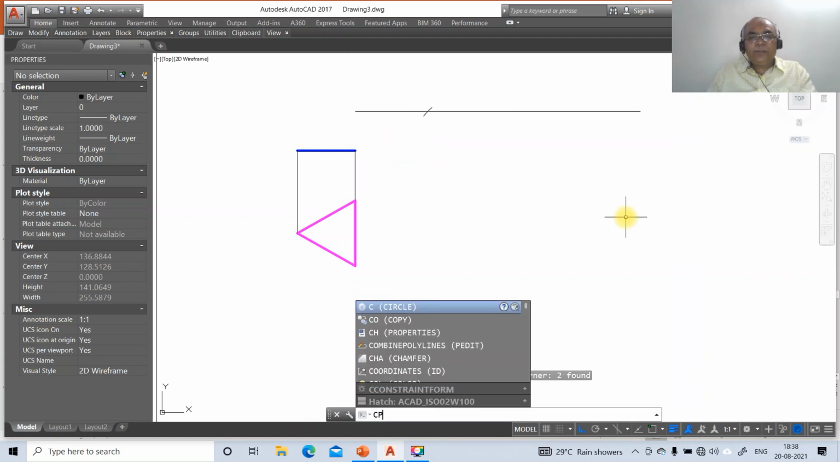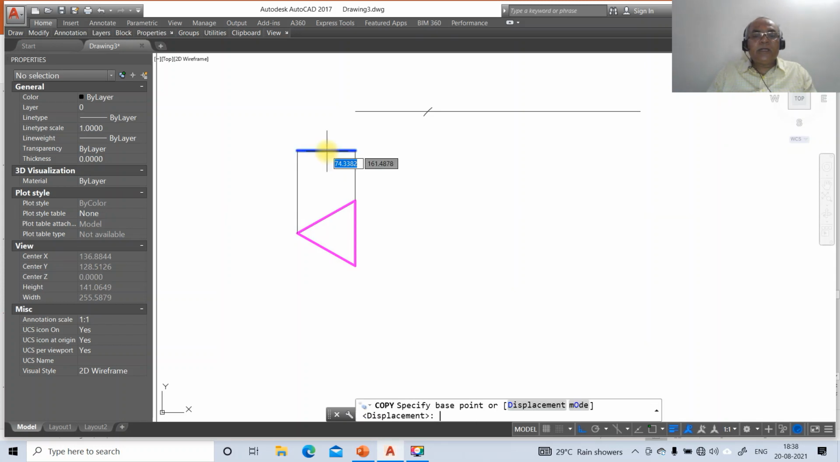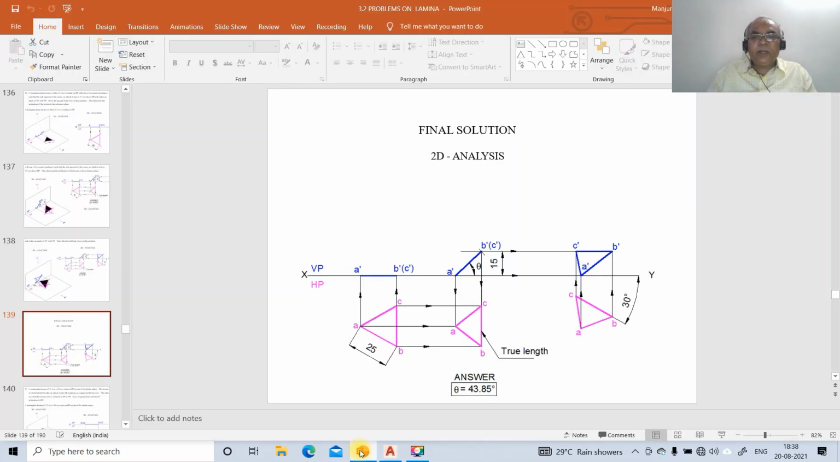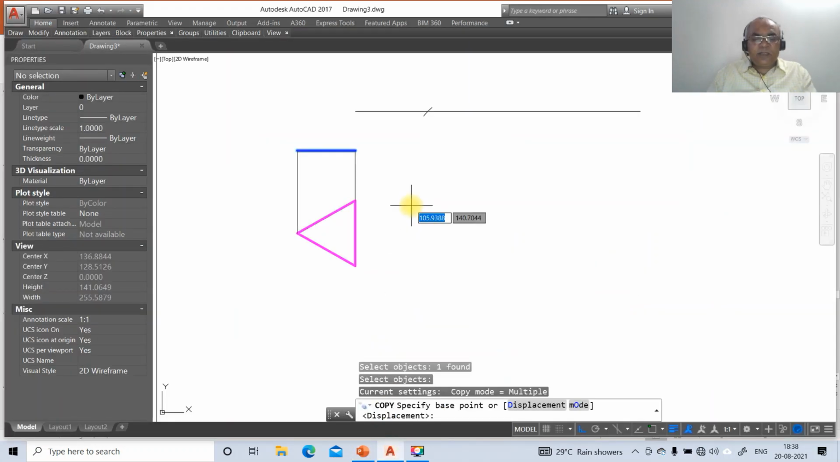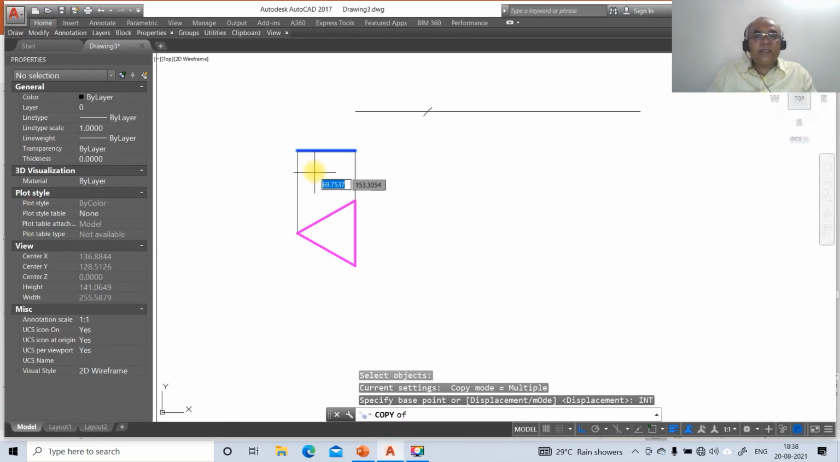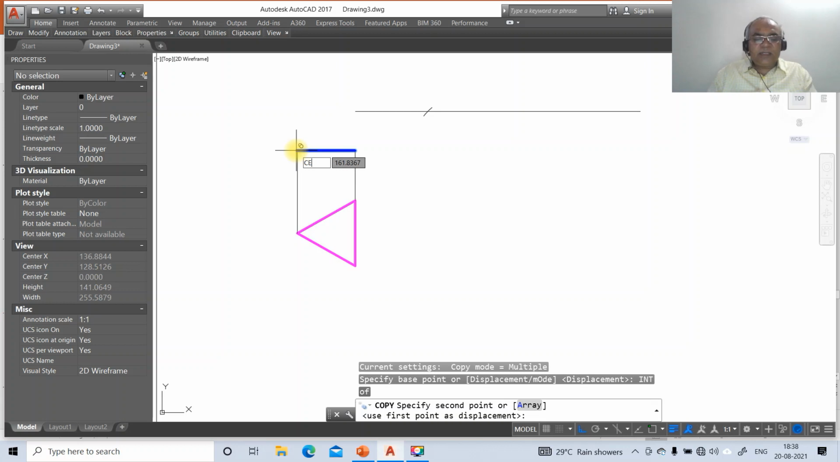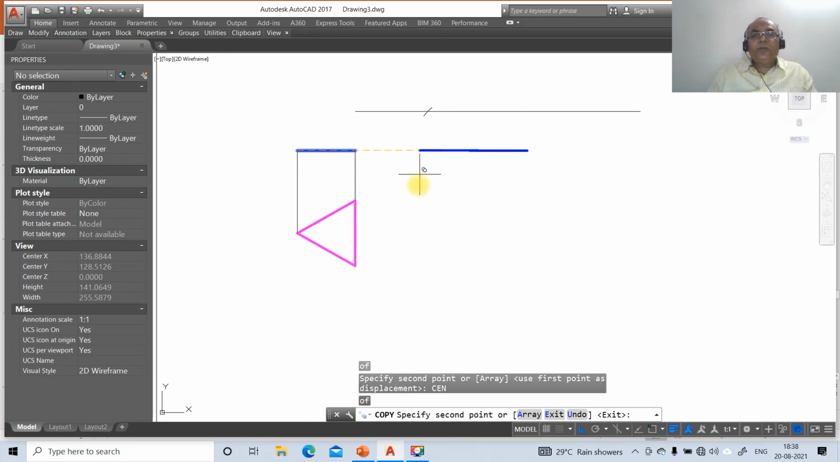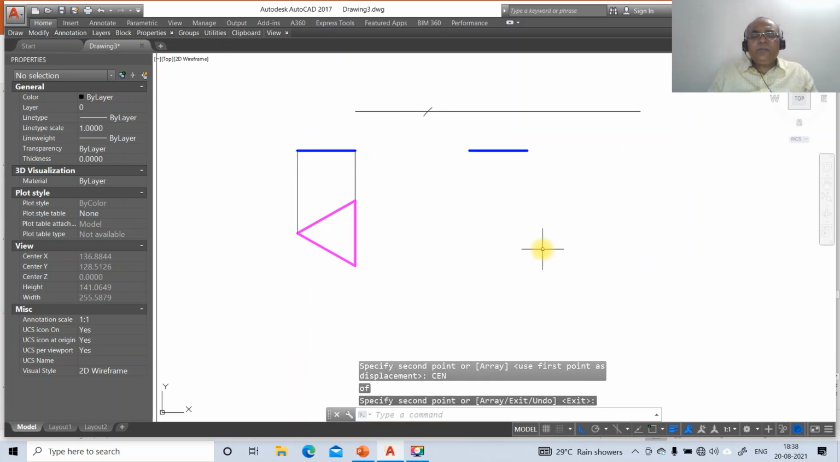Then go to copy, select this and it should rest on the corner. So the corner should be on the XY line. So obviously you are going to take the base point as the intersection point of this and take the center of this now. So once you do that, then go to